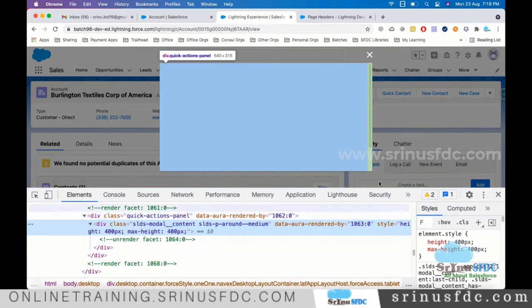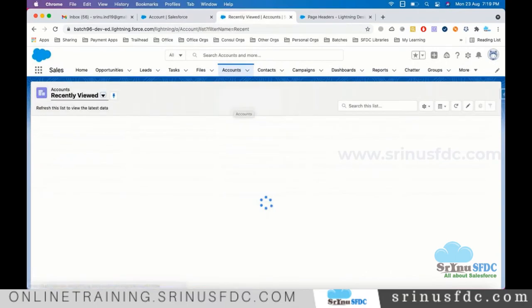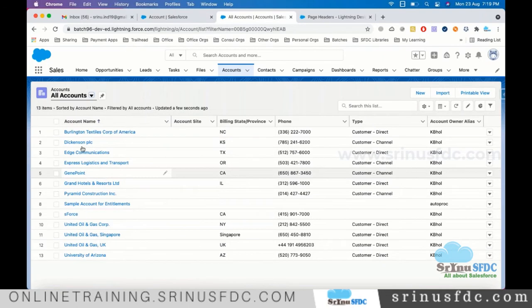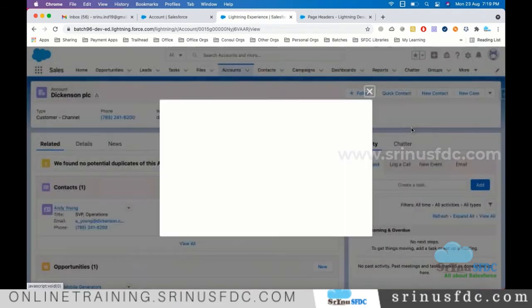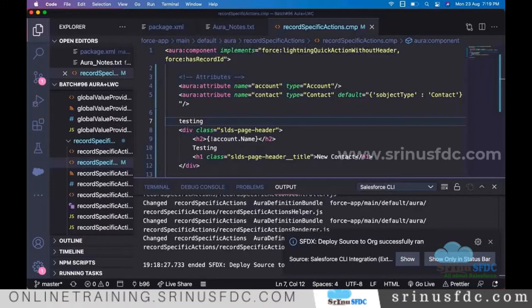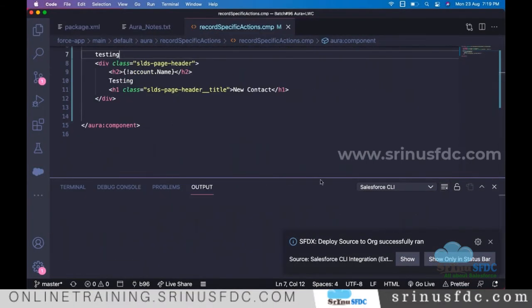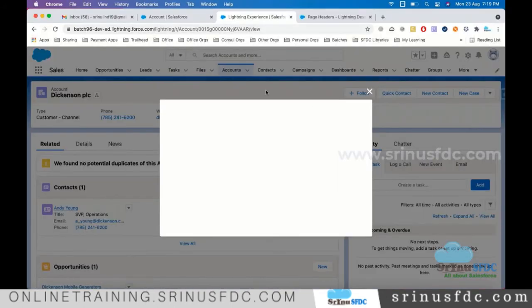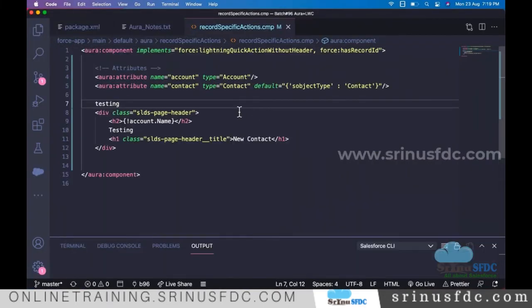Inside that, nothing is there. So let me go back to some other account and try. So what is happening? Whatever I type, at least that should come up. So this is our account on the right. Everything is looking good.